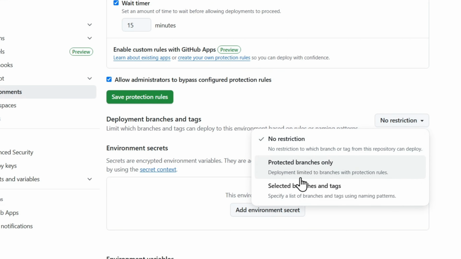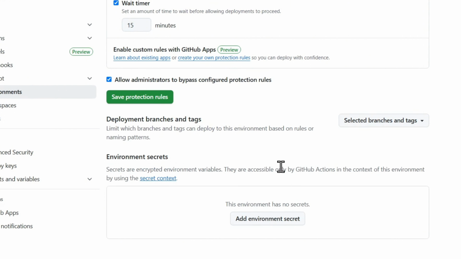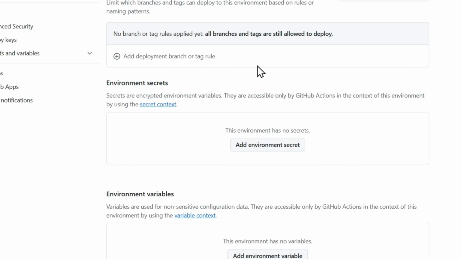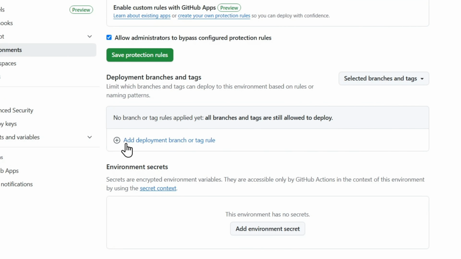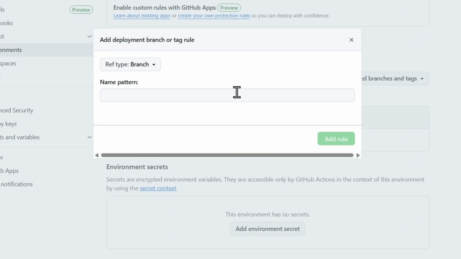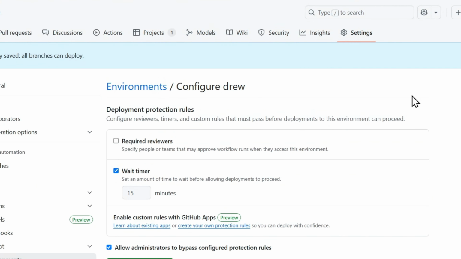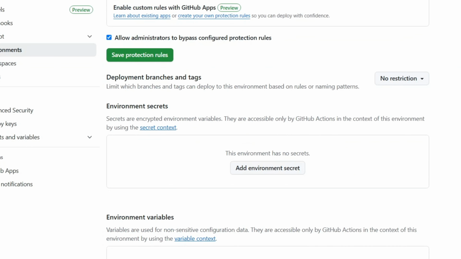No restriction here. You can say protected branch only, or you can say selected branch and tags. You can choose that. It's up to you. That's saved automatically, by the way, so you don't need to do anything right there. Here you can add some deployment branches or tags if you want to. You can select whatever you want here. All right, so I'm going to just leave it for now as no restriction,